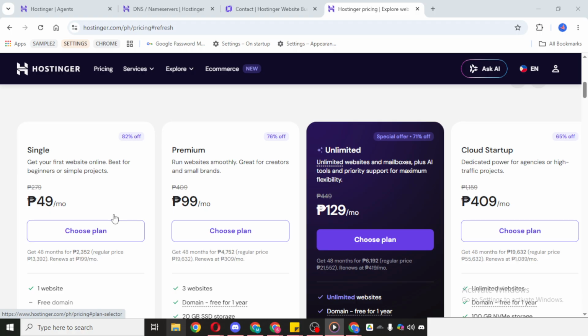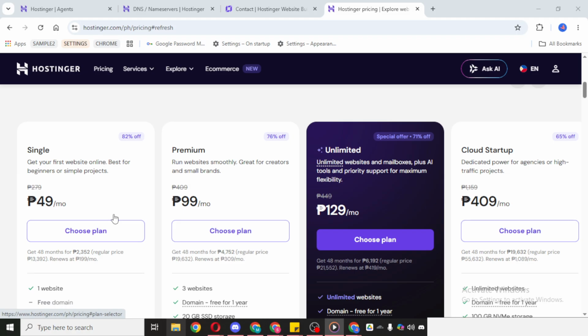need in the future. If you're just getting started with a simple website, you may find that an entry-level option works well. If you expect to manage more than one website or want additional resources, a higher tier plan may be a better fit. The important thing here is not to rush. Spend a moment comparing the plan details so you can feel confident about your decision before moving on.